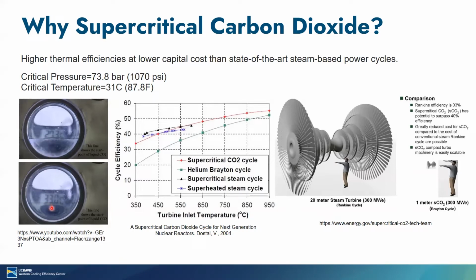But the pressure is already higher than the critical pressure. When the temperature goes beyond that critical point, the separation between liquid and gas is not there. Everything becomes like a foggy shape. Now, in the middle plot, talking about the cycle efficiency, why are they not looking at gas turbines or steam turbines, but at these CO2 turbines? This plot shows the cycle efficiency versus the turbine inlet temperature. The red line shows the efficiencies that we can